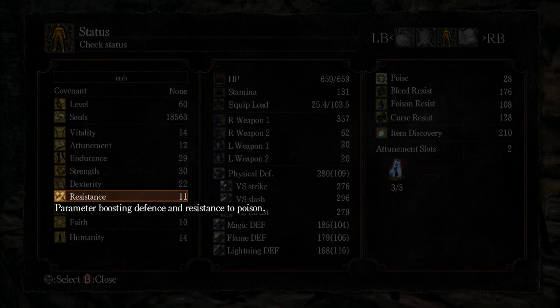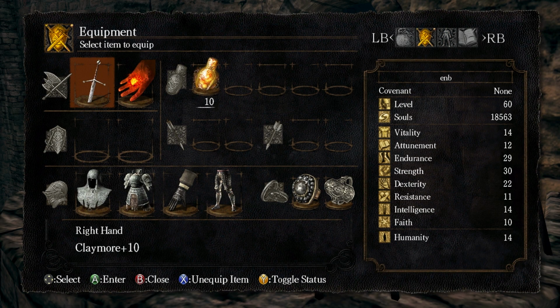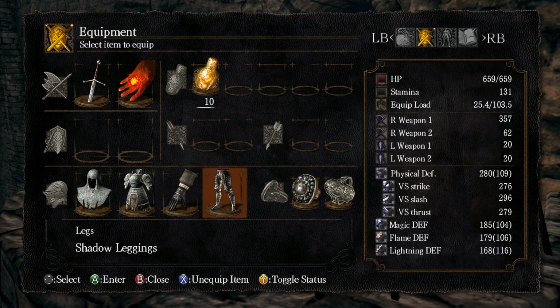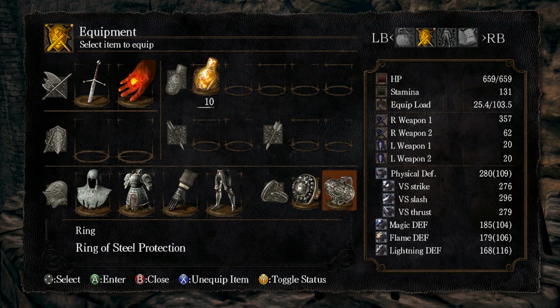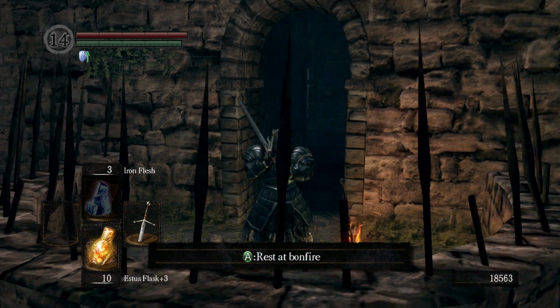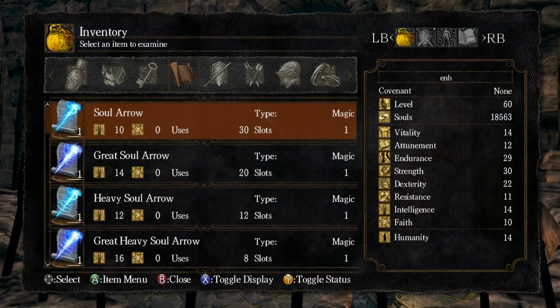I'm just showing off my stats here. I've done some leveling up. Claymore plus 10, our Pyro Flame, Chain Helm, Steel Armor plus 8. I dumped some of the Titanite chunks we've picked up into that so far, and we actually have this Ring of Steel Protection as well. We've got a crazy 280 physical defense over there, thanks to the Ring of Steel Protection and also that steel